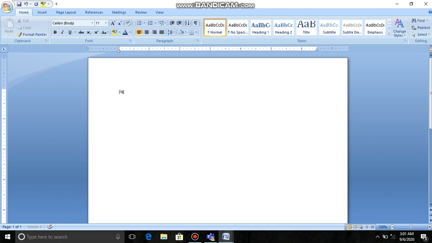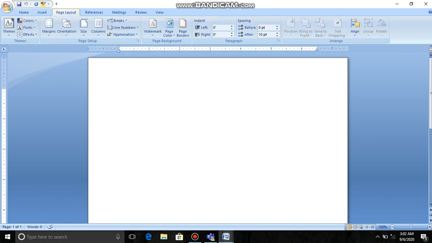For example, if we are writing here, we are starting from the left and moving to the right. No, I just want to write till this much and the next column should start next to it. For that, what you can do is divide it into columns, and for dividing the document into columns, I have to go to the page layout. In the page setup group, there is a columns option, and I can choose the number